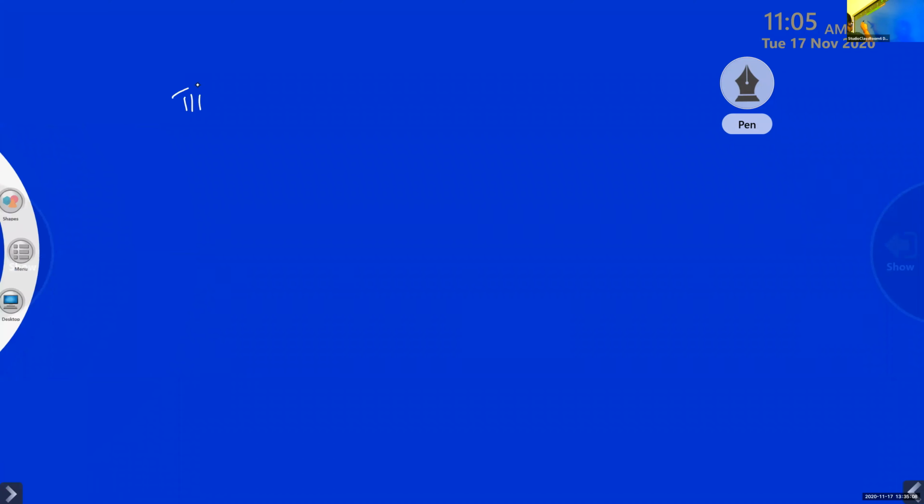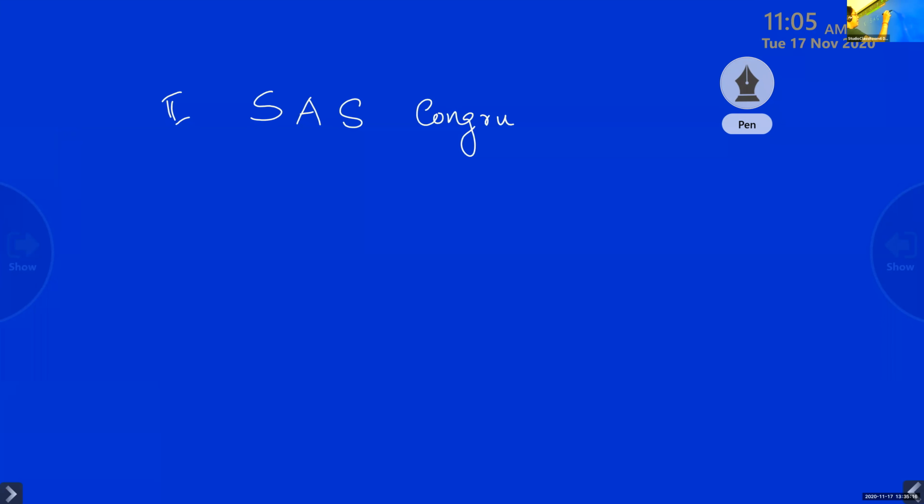Second one is SAS congruence criteria. What do you mean by SAS? Side angle side. There is a speciality that this angle should be the included angle. Included angle means these two sides should be connected with that angle. The corner formed between these two sides should be that angle. Clear? So the SAS congruence rule is: